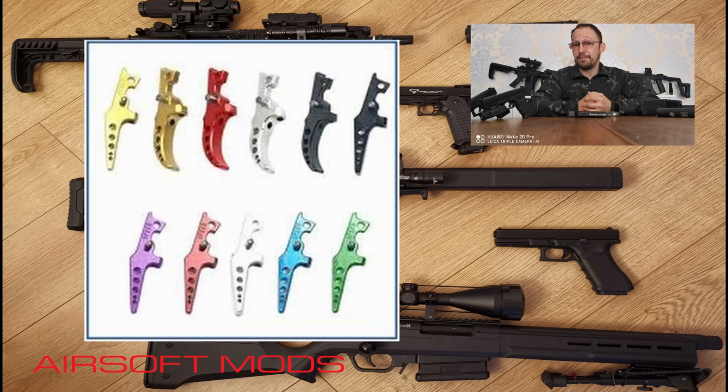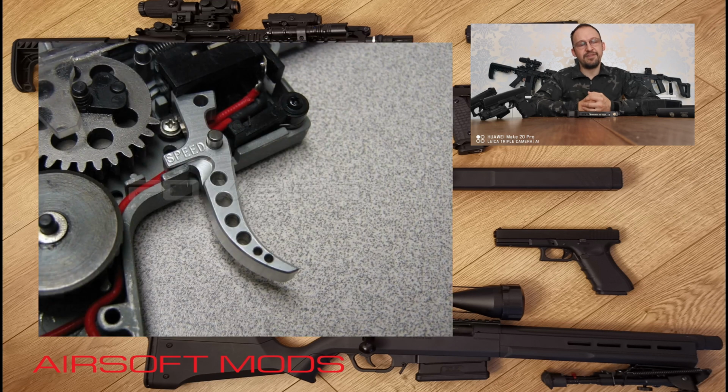They do look good. They are blingy. They do look nice on the rifles. But this then comes down to the improvement of the gun, or an improvement for you, because you've got to feel comfortable holding that gun, and if you find that trigger is comfortable and you're more effective using that particular type of trigger, then yeah, you could say that's a mod for a performance for yourself more than a performance for the gun initially. So all these mods together will produce a very good and competitive gun, better than some more expensive ones